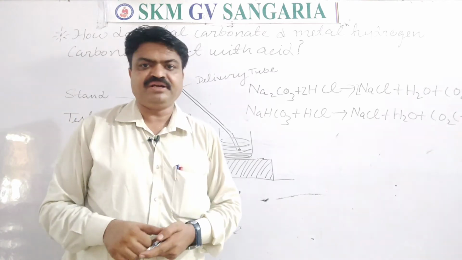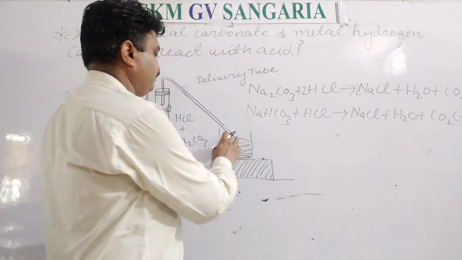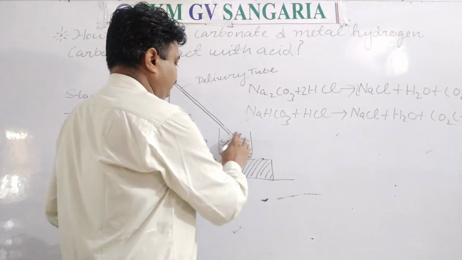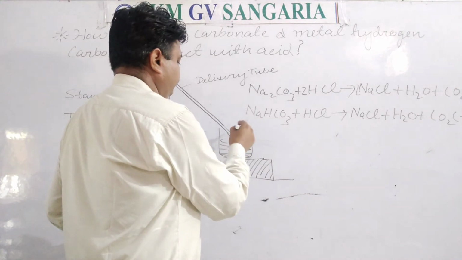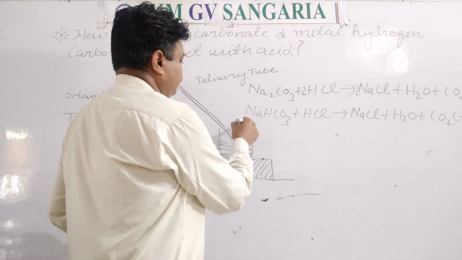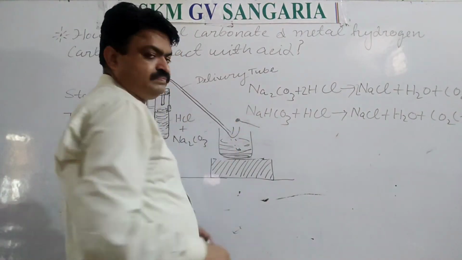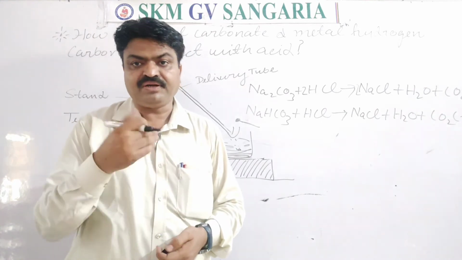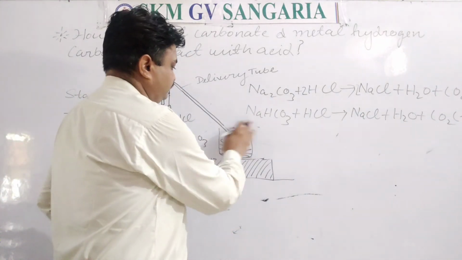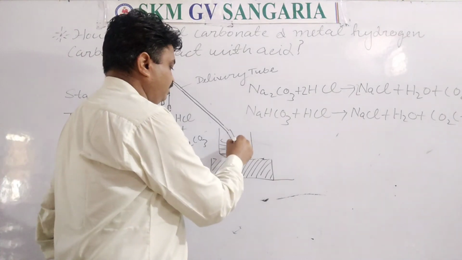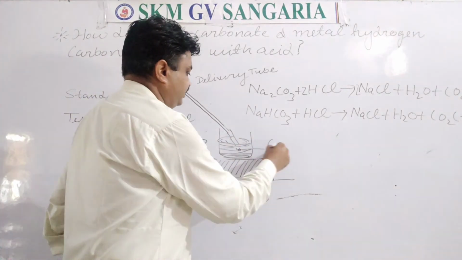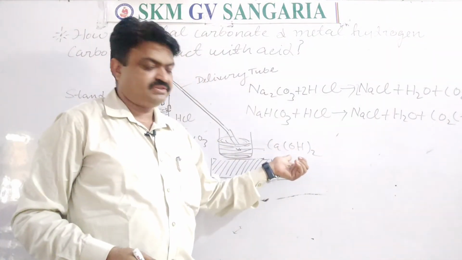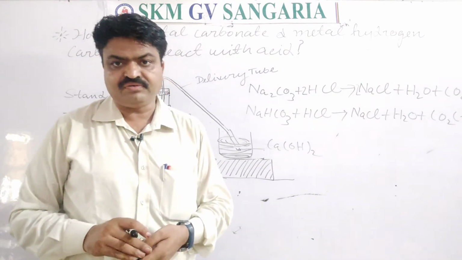So with the help of a burning matchstick, we can know. Like if we don't have this test tube in this liquid and we put it directly like this, and if we put the matchstick near it, then that matchstick will be put out, it will stop burning. It is due to the presence of carbon dioxide. With this, if we deliver that carbon dioxide into lime water, what is the formula of lime water, student? It is calcium hydroxide, Ca(OH)2.